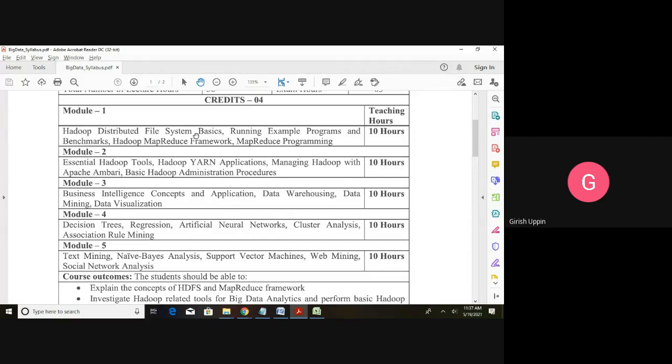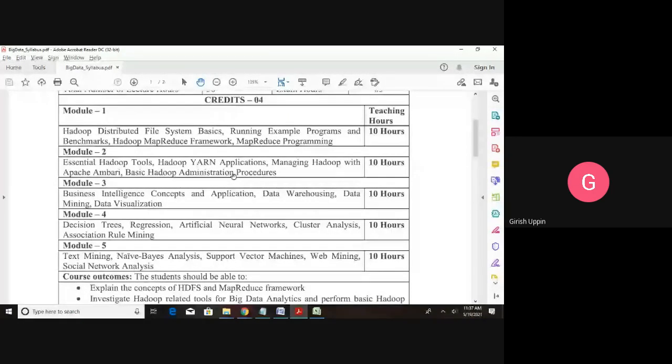Then from the third chapter, Hadoop Distributed File System, each of these topics is one chapter in that particular book. So we have finished chapters 3, 4, 5, 6, four chapters. That is module 1, and module 2 is chapters 7, 8, 9, 10, four chapters. Each of these topics is a part of a chapter.